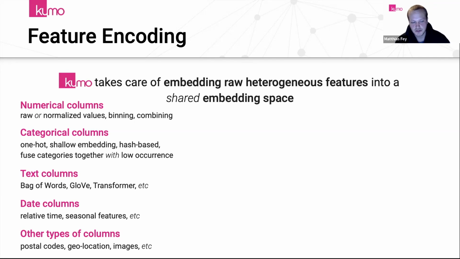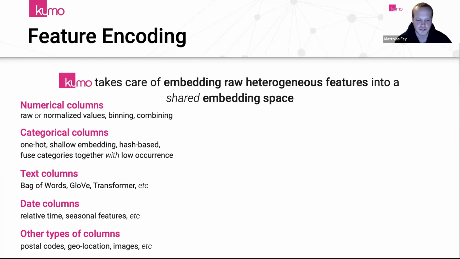Date columns, as mentioned earlier, are super important to let the GNN reason about time. So it's also super important to capture the meaningful signal here. That would be: how long was that event, or how far away is that event in the past? And did it happen in a certain seasonal feature, such as did it happen on a weekend? Did it happen on a Monday? Did it happen at the beginning of the month, and so on? Those are all features that are not really encoding time as relative or absolute values, but more see that